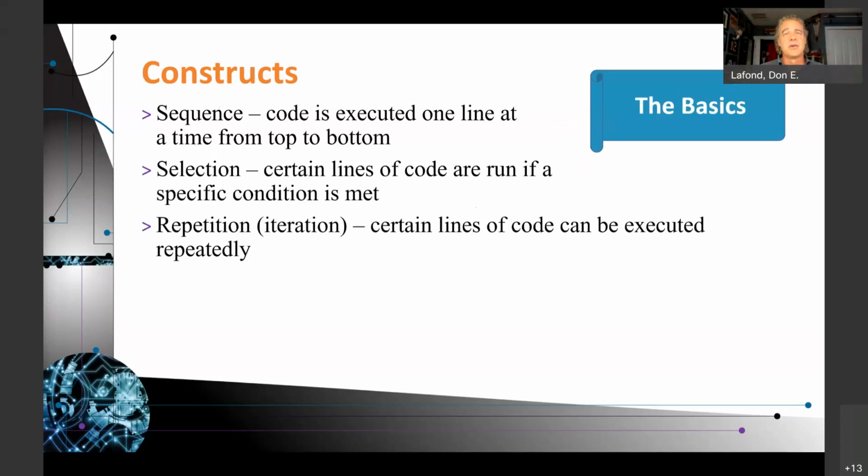Selection, certain lines of code are run if a specific condition is met. That may be a conditional statement. If, for example, if your grade is above 70, do this. If the grade is below 70, do this other thing. If it's above 90, print an A, and 90 or above, print an A. There could be layers of conditions, so you can have nested if